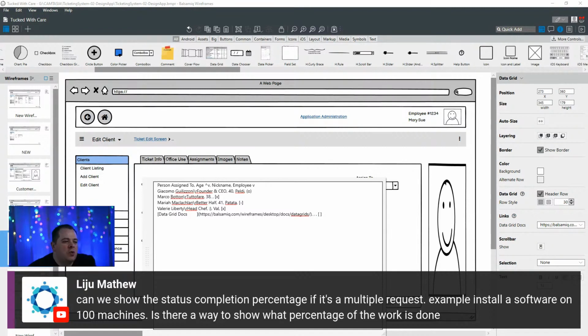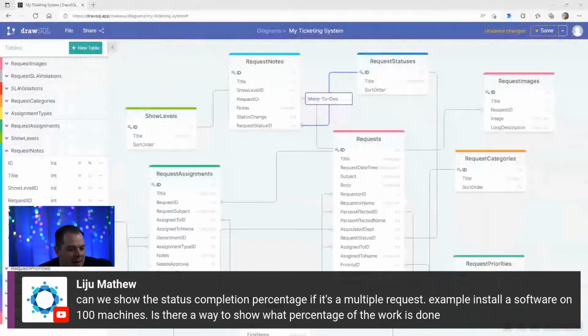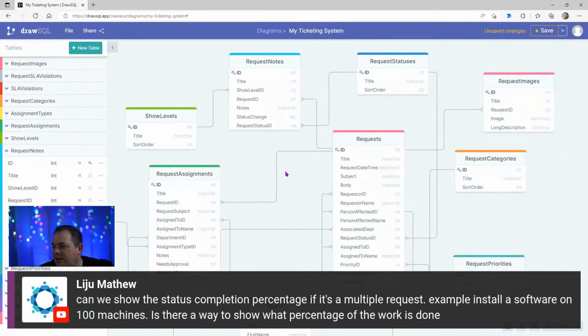Is there a way to show what percentage of the work is done? Yes. Thank you. That is amazing. This is great. I love this. All right. And how I'm going to do that in the data is when they enter a note,